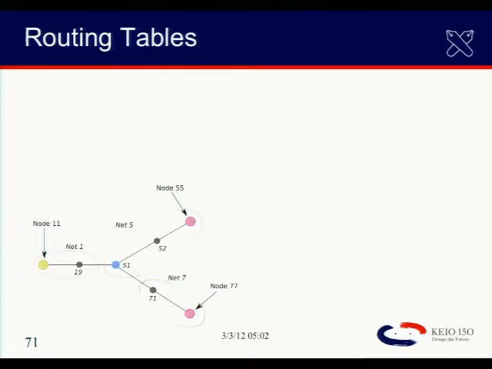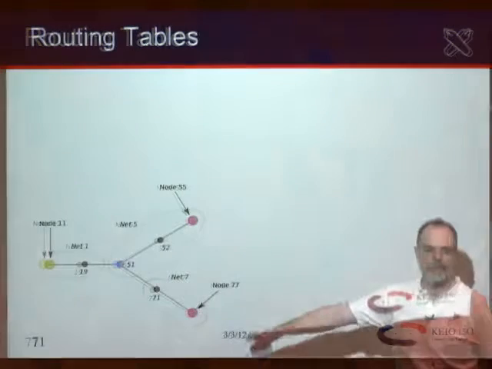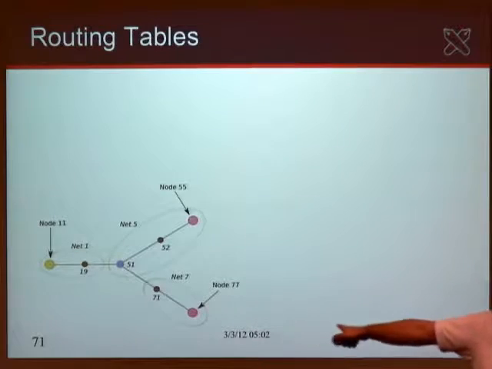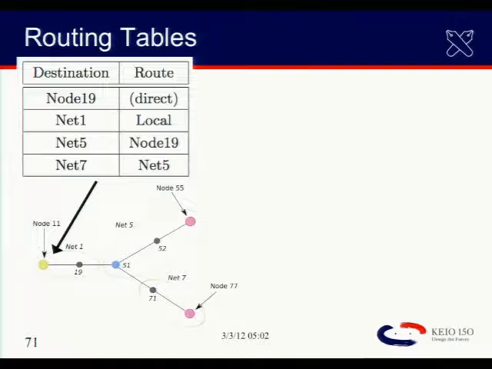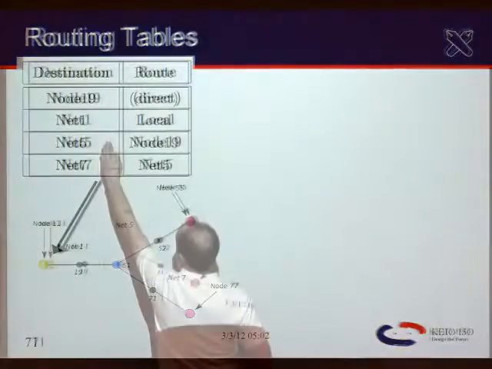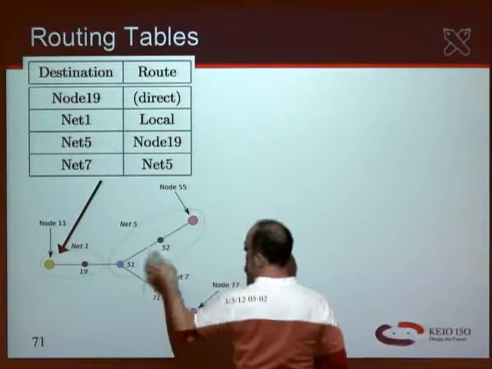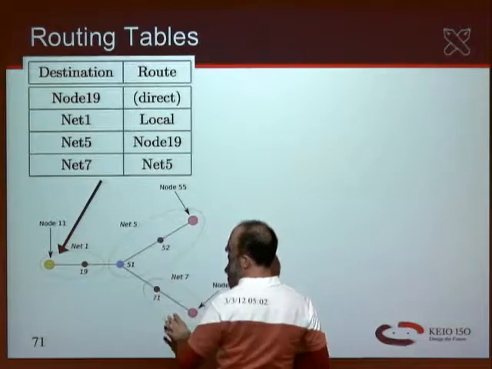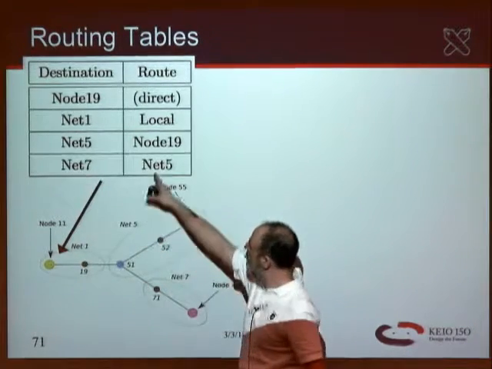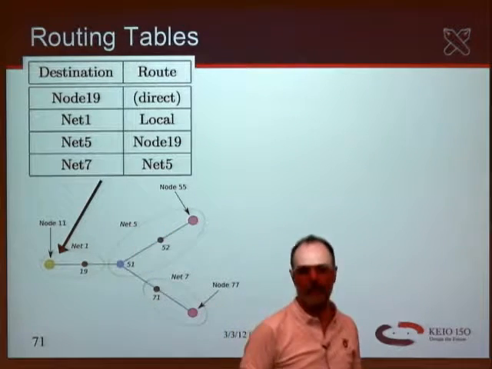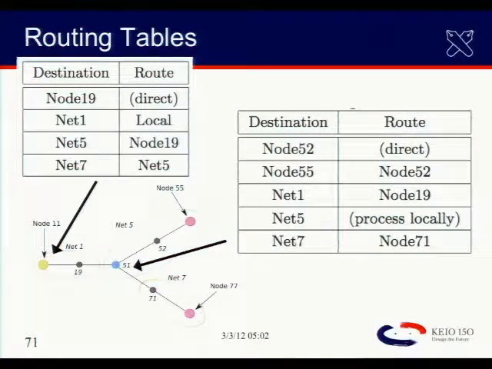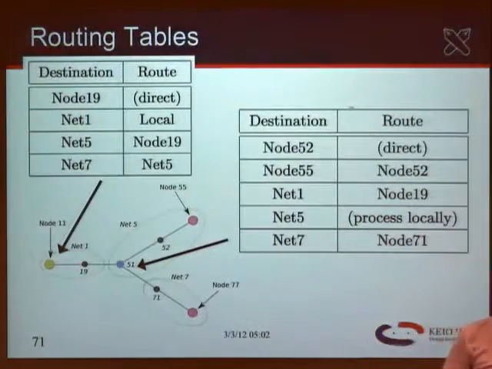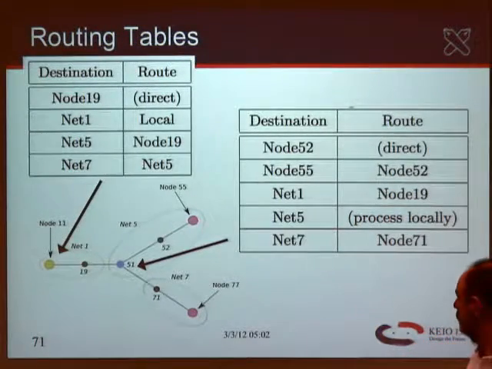In order to understand all of this, you have to have routing tables available to each of these guys. They have to have some amount of understanding of the overall system. Right? So here at node 11, it holds a routing table that looks something like this. It knows how to get to network 5 and how to get to network 7 via other networks in the system, a relatively standard routing table approach. The guy in the middle here is going to have a somewhat different routing table, of course. Neither one of them would understand every node in the entire network. Right?